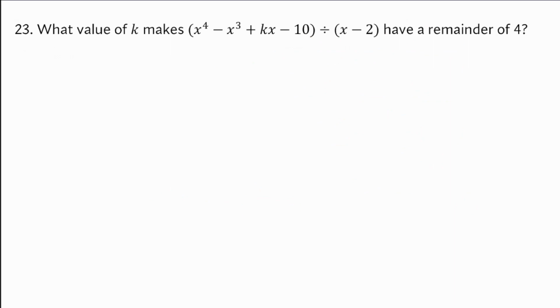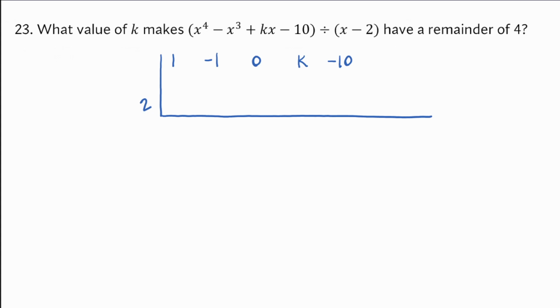Here's one that's going to go a little nicer. So what value of k makes this division have a remainder of 4? And this division is just by x minus a number, so I'm going to do synthetic division. I'm just going to proceed as if nothing's wrong with having k in synthetic. 1x to the 4, negative 1x to the 3, no x to the 2's, positive kx's, and minus 10. And I'll be dividing by x minus 2, so I'll put 2 in there, drop this down, multiply, add, multiply,